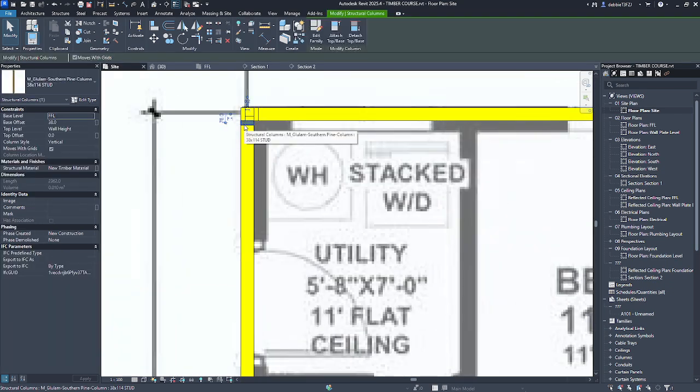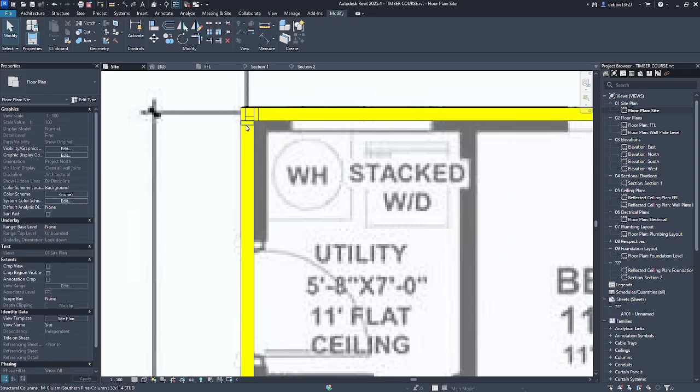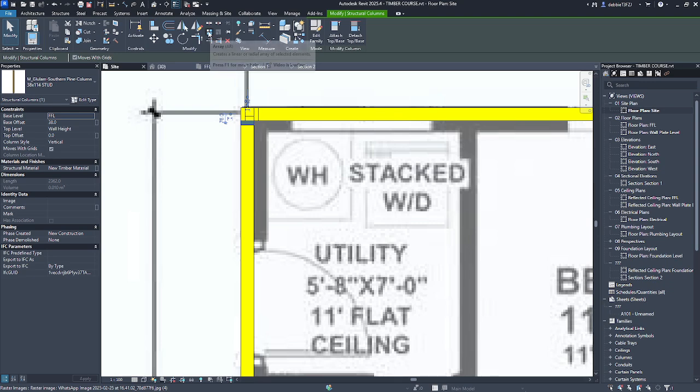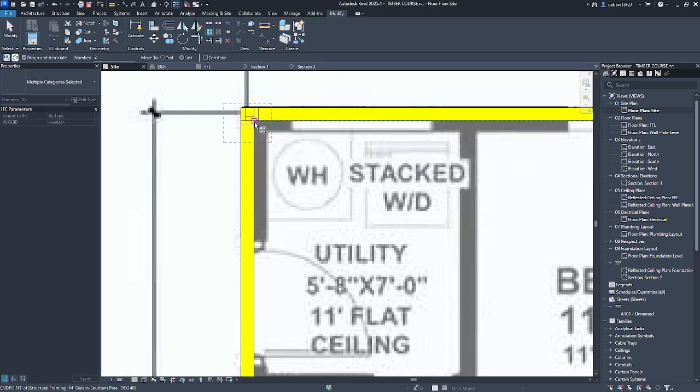From here, we can type AR for array, or if you click on the stud, you can go to these little four dots, click on that, make sure you have last selected, just leave it for now on 2.